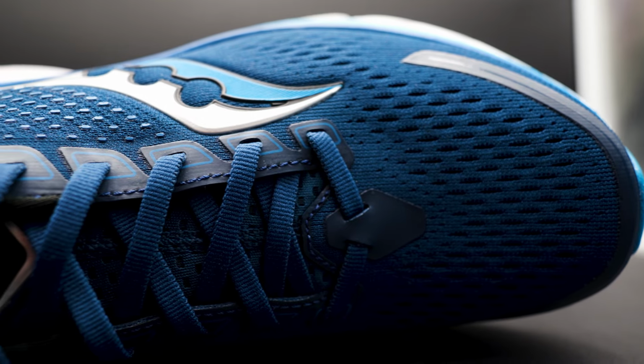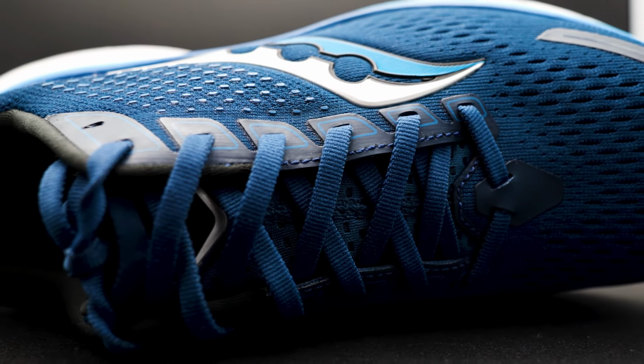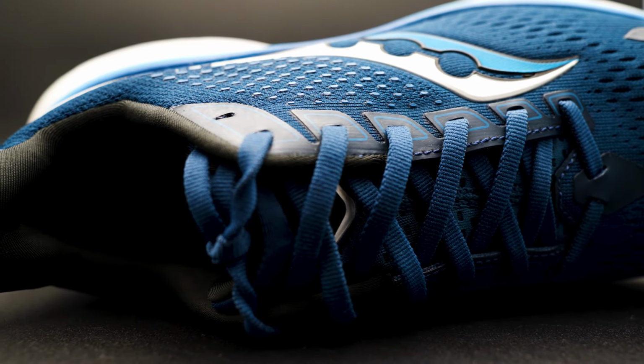So the upper, like I said, is made up of an engineered mesh upper. It definitely has a wider upper than that of the Ride 17. So if you have a wider foot, then this will accommodate that much better. It's definitely more boxy in shape and feel than that of the Ride 17. But even with my narrow foot, I found that there weren't any lockdown issues in the heel or the midfoot, but I did have a lot of room. So if you're someone who likes a lot of room in the toe box, then I think that this shoe will work for you. It's also very breathable, and you can tell that there's good ventilation throughout the shoe,